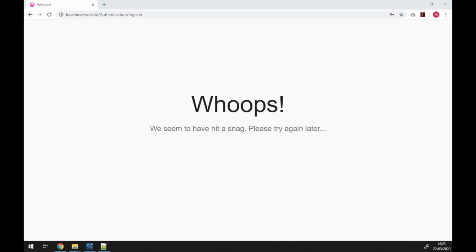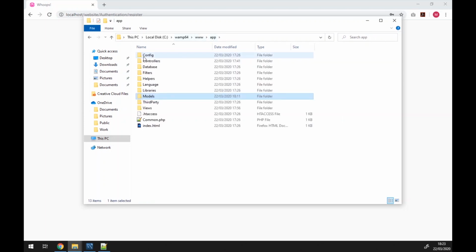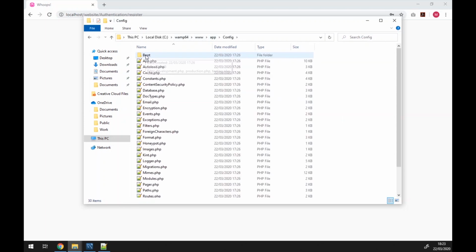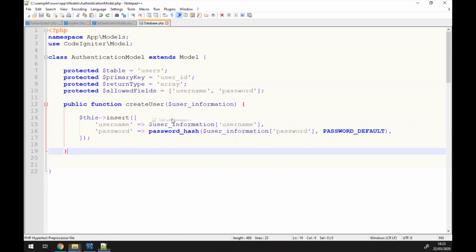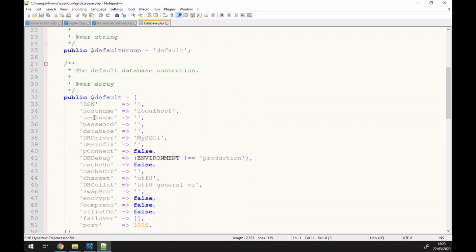So the reason why it's saying that we've hit a snag is because we haven't actually told our application to use the database yet. So the next thing we need to do is tell our application that we want it to connect to our local database. So to do that I need to go back into the app folder. I need to go into the config directory and then edit a file in here called database, which is just here. So I'm going to edit that file, and then inside here I'm going to scroll down to line 35,